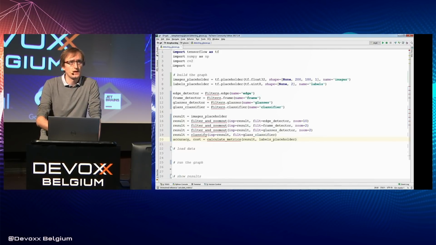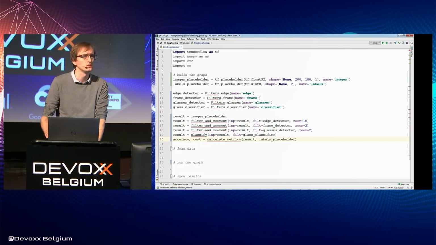For example, a perfect detector of John Lennon's glasses on the cover of Imagine album is not good enough, especially if it was trained on John Lennon's glasses on the cover of Imagine album. To avoid such disappointment in production, let's calculate accuracy and cost for some more examples. So accuracy is simply the percentage of correct predictions, where a prediction can be just right or wrong.